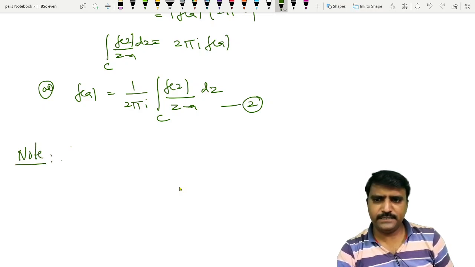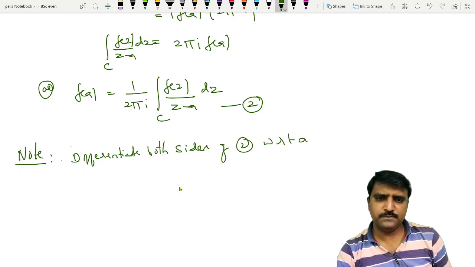Differentiate both sides of equation 2 with respect to a. So the differentiation of f(a) is f'(a), which is equal to 1/(2πi) times